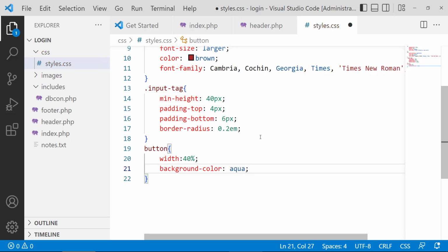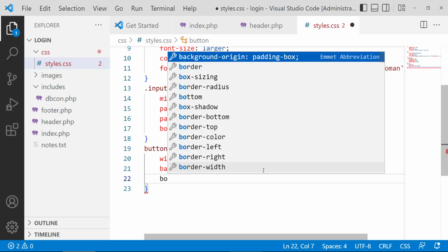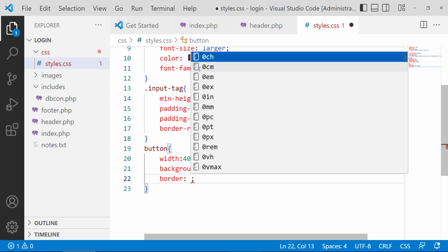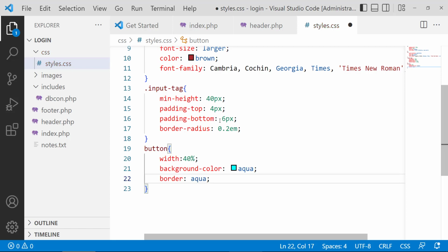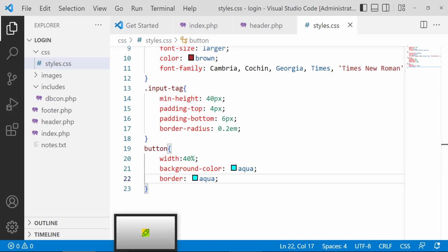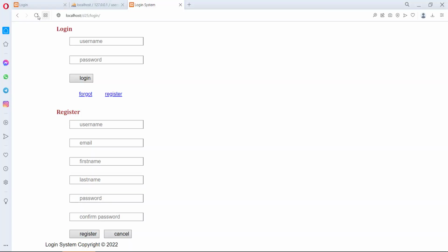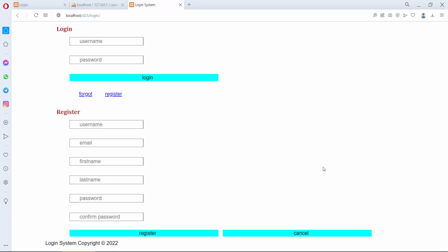We want it to be aqua, and then we want a border. Would also want it to be aqua. Okay, so if we save that, we refresh, we'll actually see that our buttons have a different look and a